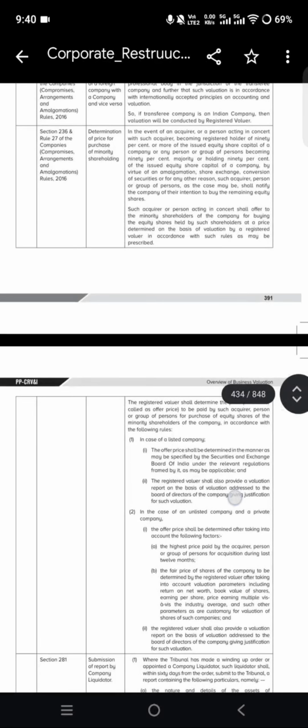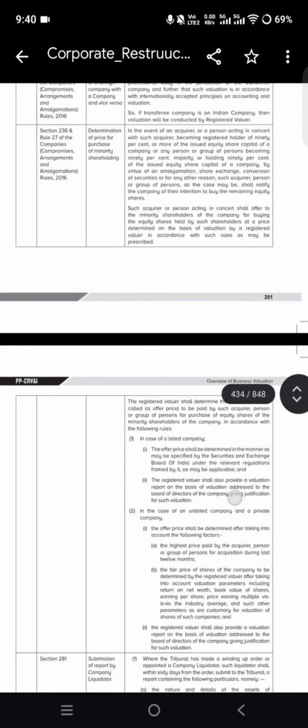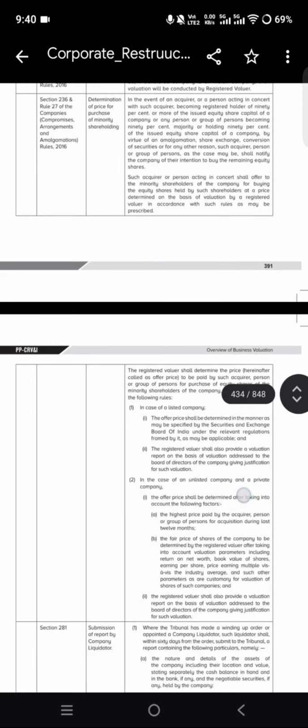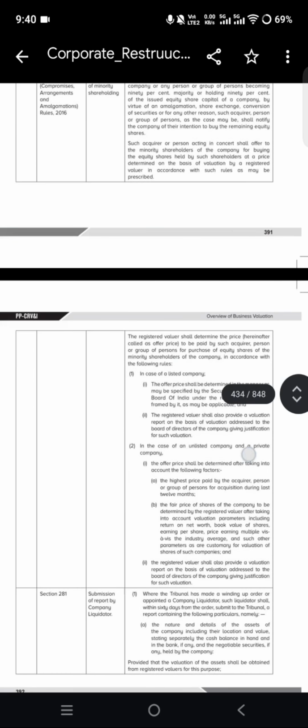Provided that if the AOA provides for a method of determination that results in a higher floor price than the one determined, the same shall be applicable, and they can take that amount. Next, fourth, a preferential issue of specified securities to QIBs not exceeding 5 in number, meaning there are 5 qualified institutional buyers, not exceeding 5 in number, shall be made at a price not less than the 10 trading